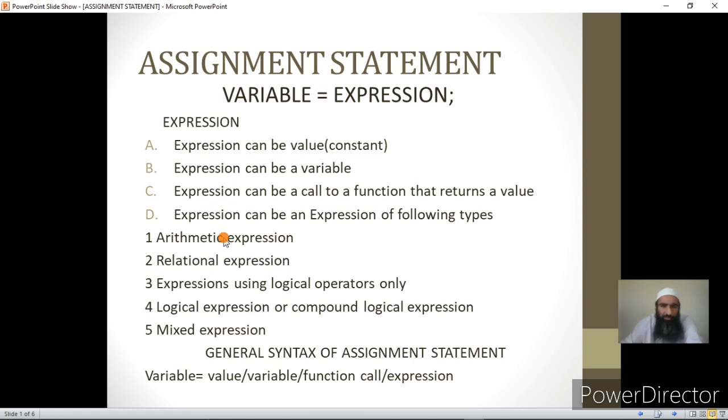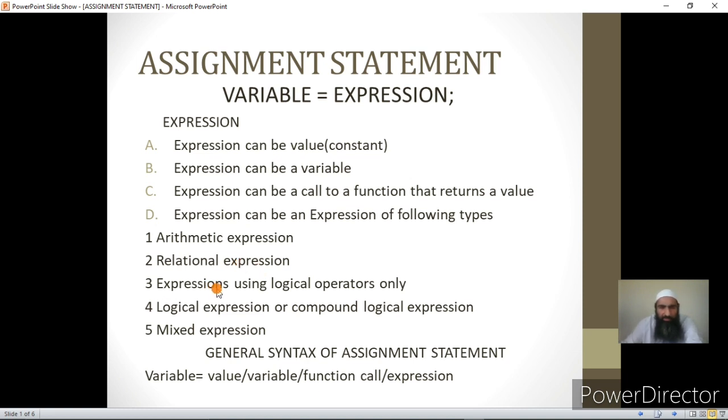Arithmetic operators are plus, minus, that is addition, subtraction, division, multiplication, and the mod operator. When the expression uses exclusively these five operators or any other arithmetic operators, we say the expression is an arithmetic expression. Now we have the relational expression. A relational expression is an expression where we use exclusively relational operators, that is greater than, less than, equal to, that is double equal to, for comparisons, less than or equal to, greater than or equal to, and not equal to.